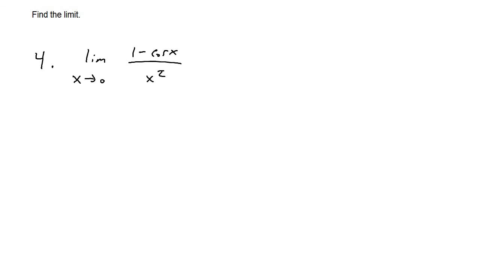Now for number 4, we have the limit as x approaches 0 of 1 minus cosine x over x squared. If I use direct substitution, cosine of 0 is 1, 1 minus 1 is 0, over 0 squared, which is 0, so we can use L'Hopital's rule once again. Now I'm going to take the derivative of the numerator, so the derivative of 1 minus cosine x, so the derivative of negative cosine x is going to be positive sine x, over the derivative of x squared,